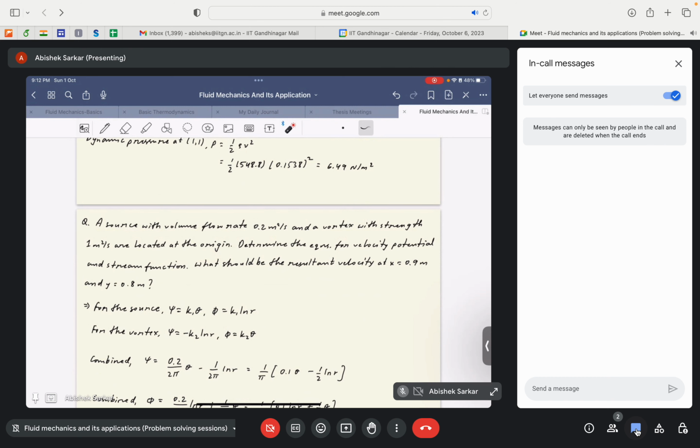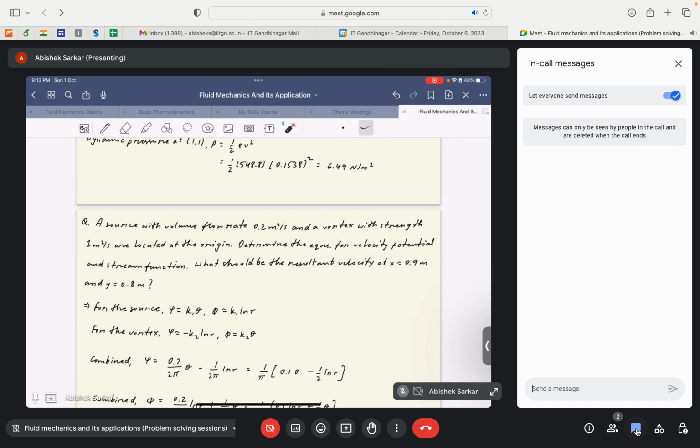Okay, determine the equations of the velocity potential and the stream function, phi and psi, and what should be the resultant velocity at the point x equals 0.9 meter and y equals 0.8 meter. Okay, I guess again it's very quite straightforward. We need to find the velocity, we need to find the expression of phi and psi,